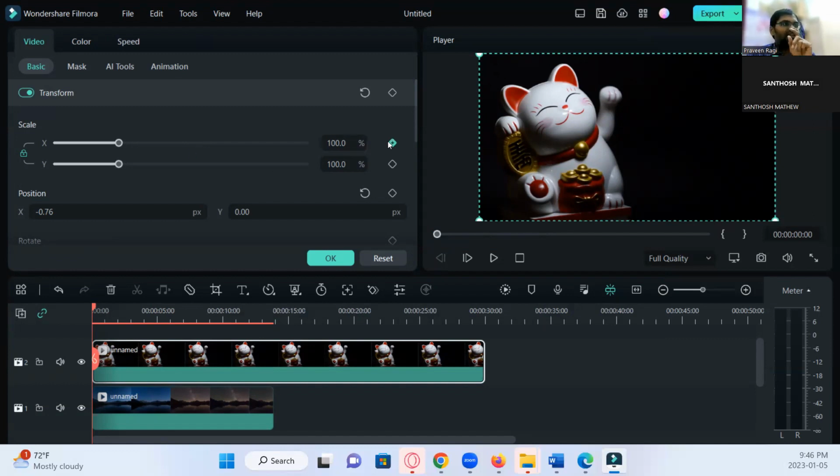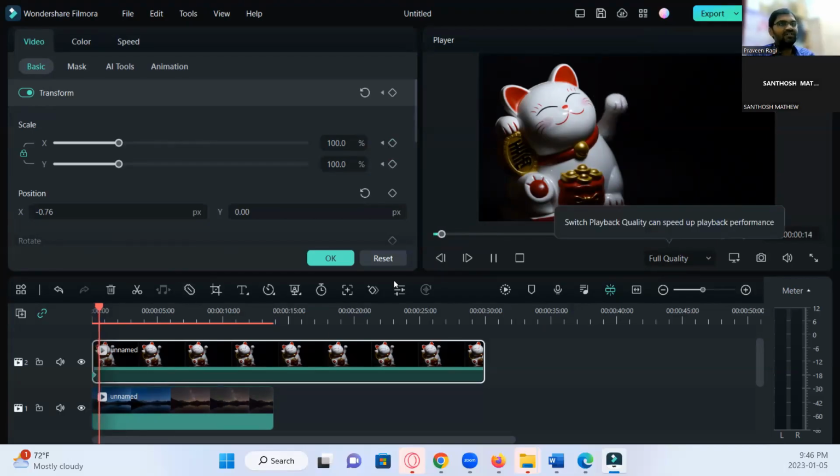So for example, here, I want to change the scale, size. I want to reduce the size. So first I will add one keyframe here, like X and Y. I think you know X and Y. X and Y means width and height. Okay. Width and yeah. So now here I added, so it is fixed here. After how many? Maybe